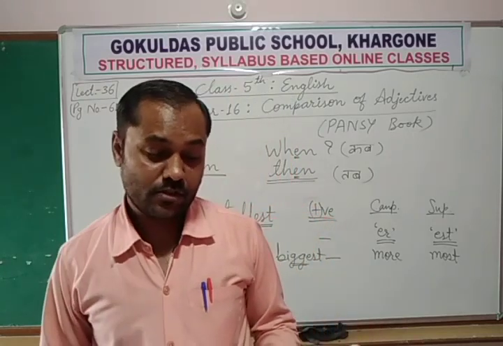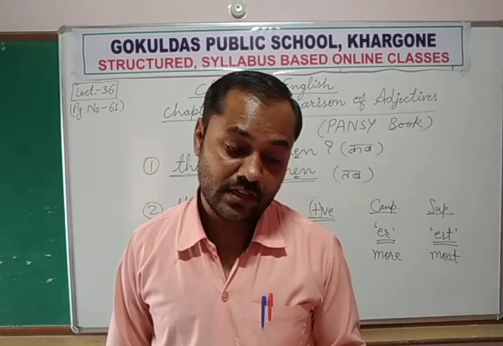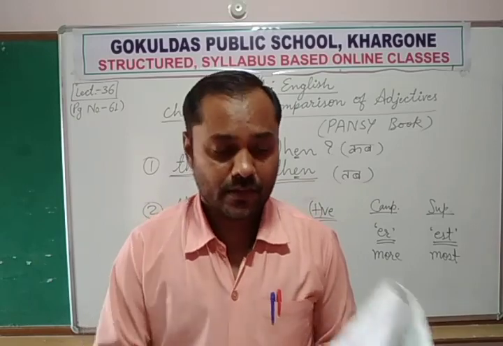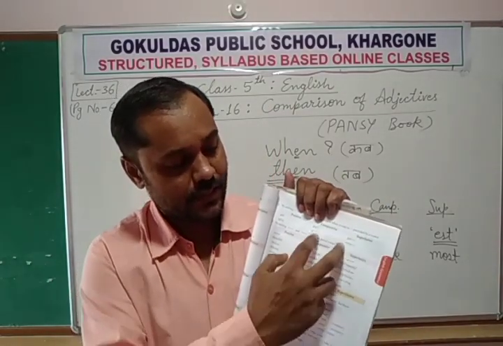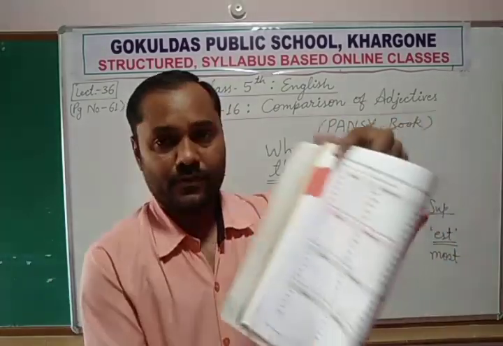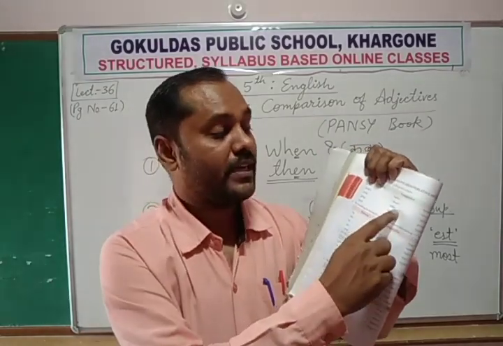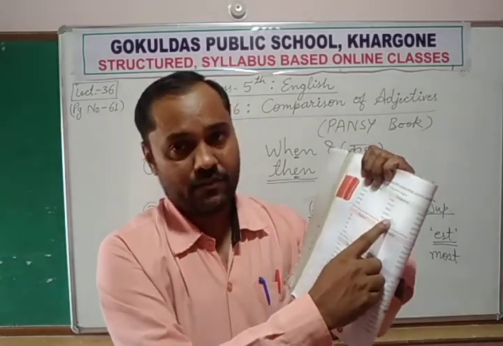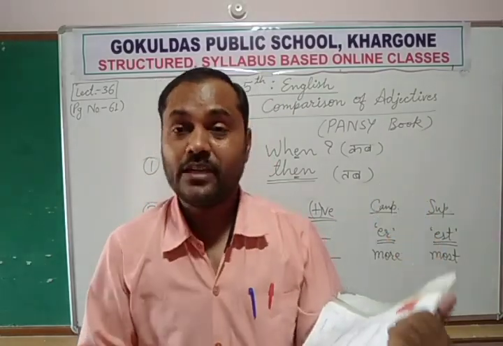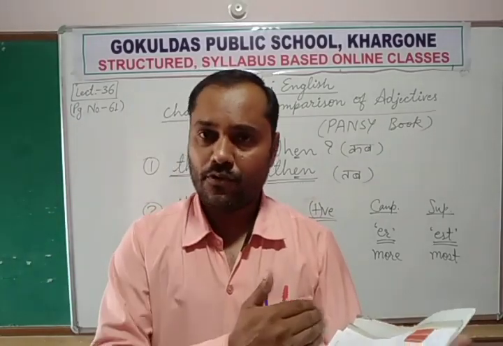7th table, that is also you need to remember or learn, the irregular comparative and superlative forms of comparison. Irregular means here we have some regularity. In the previous tables we found some similarity, that we are adding er to every word, and here we are using est. There is some uniqueness, some common procedure is followed for all the words.